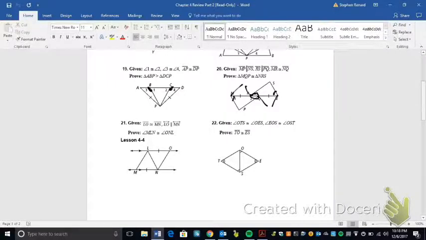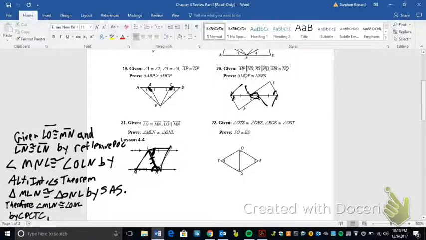So we can say that MR plus RQ equals NQ plus QR. And that's just the segment addition postulate. And then because of that, we can say that MQ is congruent to NR. Therefore, we have side angle, or angle side angle congruency. And that's how we do that. So, next up,